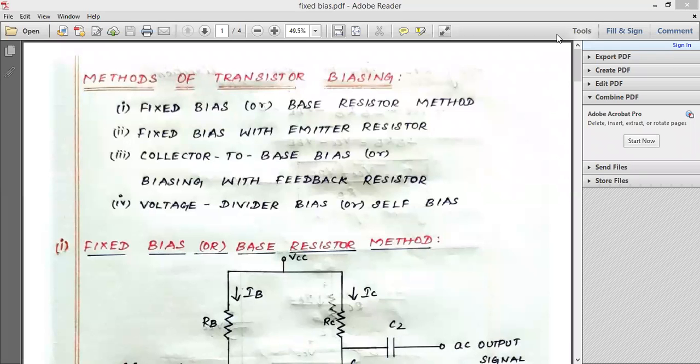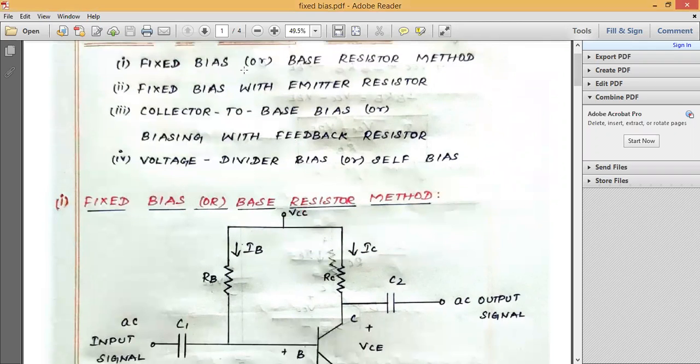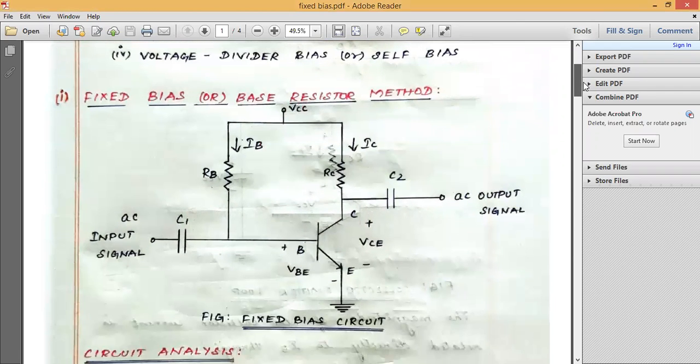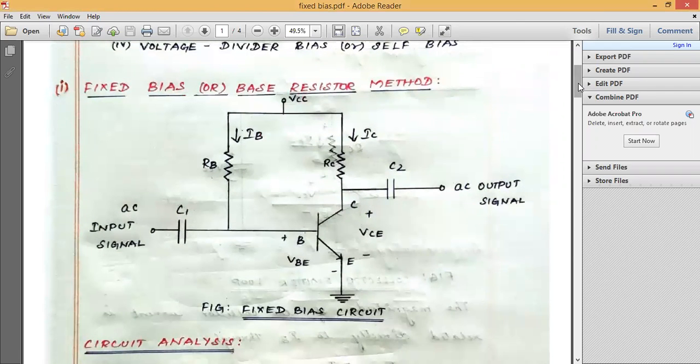Hello everyone. In this video, I'm going to explain about methods of transistor biasing. There are four methods of transistor biasing. So the first one is fixed bias, also called the base resistor method, and fixed bias with emitter resistor, collector to base bias, also called biasing with feedback resistor, and then we have voltage divider bias, also called self bias. In this video, I'm going to explain about fixed bias, also called the base resistor